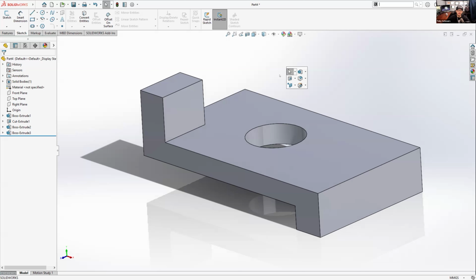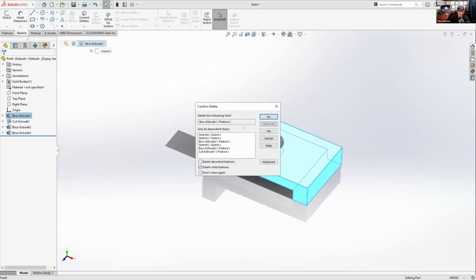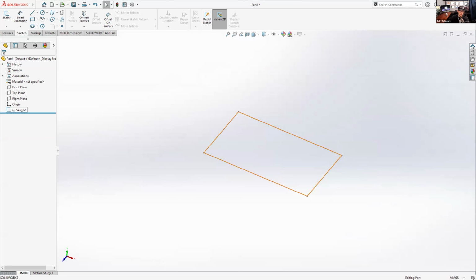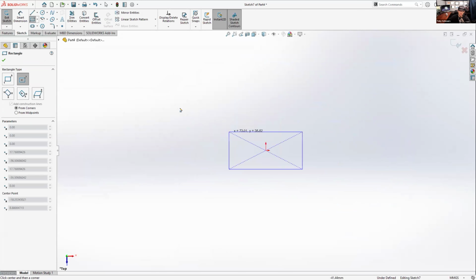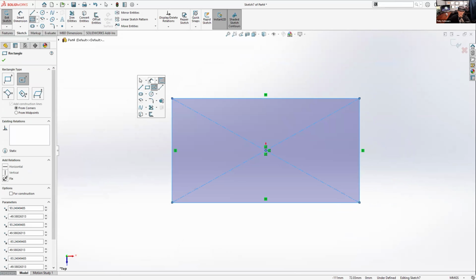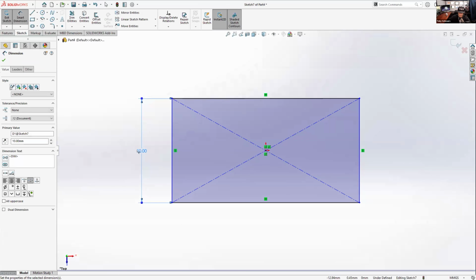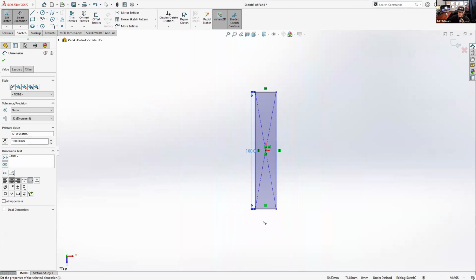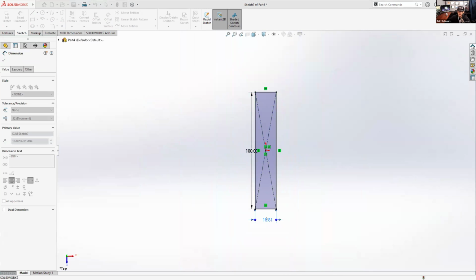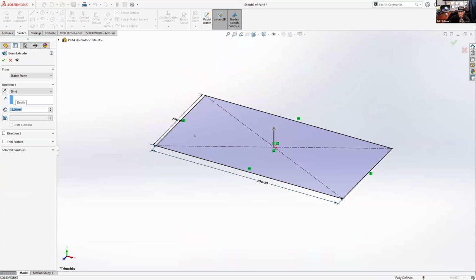We're now at the point where, if I was going to create a fixture block, or even just a basic block with a hole in it, let's just call it that. Now what I can do is go over here, top plane, begin a sketch, S key, center point rectangle, single click, move my mouse, single click, S key, smart dimension, add the dimension in here, 100, and then add the dimension in this direction, 200, and then S key extrude, 15 millimeters, enter,